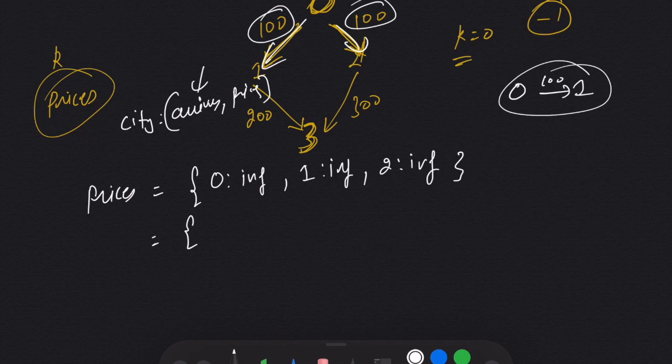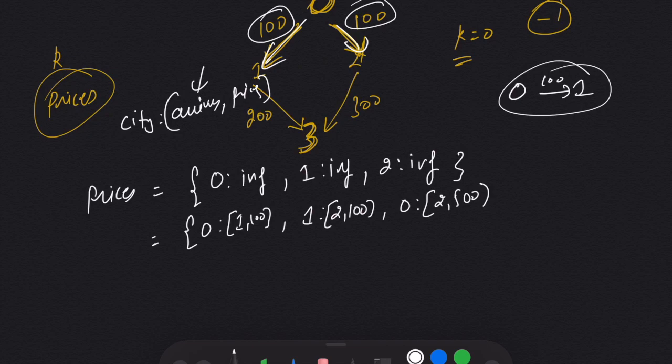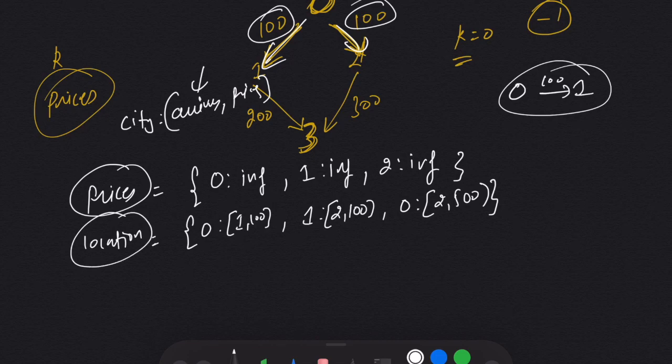So for 0, I will store 1 and 100. For 1, I will store 2 and 100. And for 0, I will store 2 and 500. Let's name it location. So I made these two dictionaries.